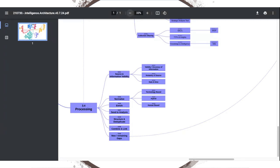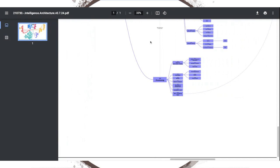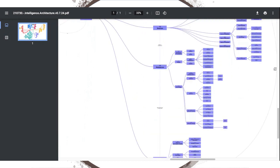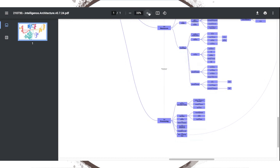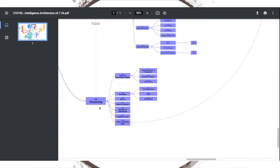So basically, you start some semi-processing in the collection stage, where you normalize your data, you enrich your data, you structure and deduplicate data, and then you see, hey, this is interesting, I need to go get some more data. So it's a semi-processing, semi-analysis part in collection. I know I'm going to hurt a lot of feelings here, but I think that's what most OSINT analysts who haven't trained properly think is analysis. That's usually where they stop and go,